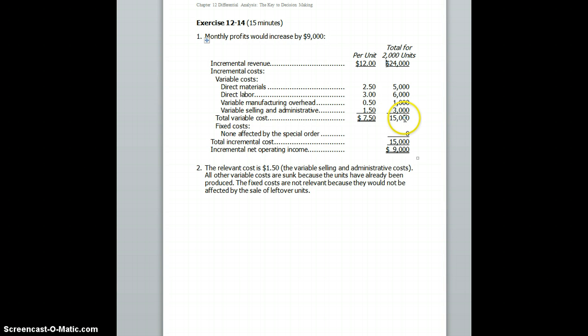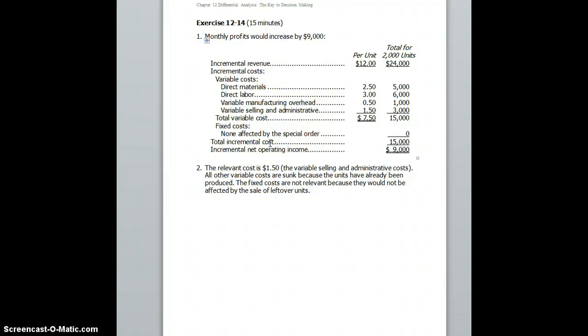If we get our total variable cost of $15,000, and we subtract that from our incremental revenue of $24,000, we have incremental net operating income of $9,000. So the solution, the answer to part 1, is we would be better off by $9,000 by accepting this special